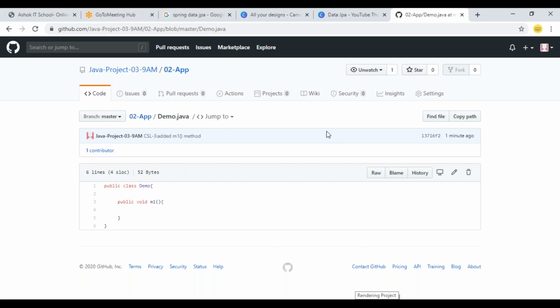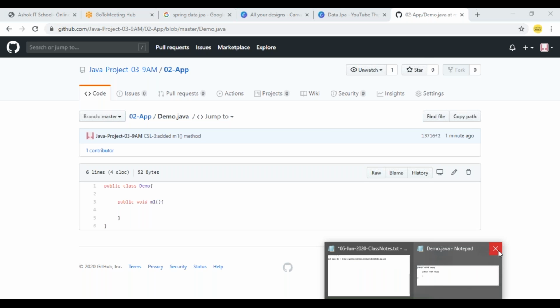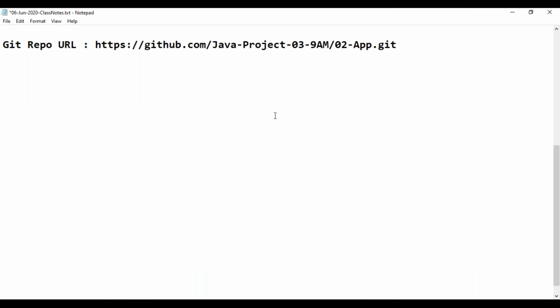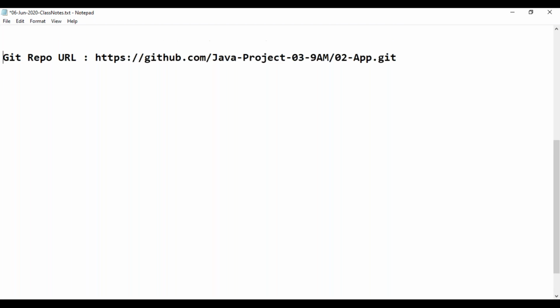Whenever we make a commit, a commit ID will be generated for it. Now, when we make changes to files, we need to stage them to commit.